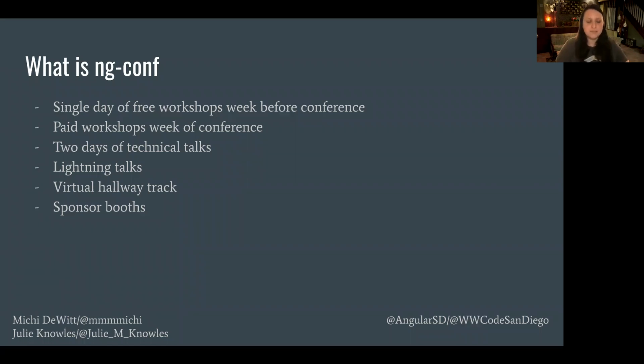They did a couple things differently this year. First, they had a single day of free workshops the week before the conference. They still had their regular paid workshops the week of the conference. So that's really nice if you want to do a deep dive on some sort of topic or want to do a training with your company, you can attend the paid workshops. And then the regular part of the conference that you get with your ticket is the 2 days of the